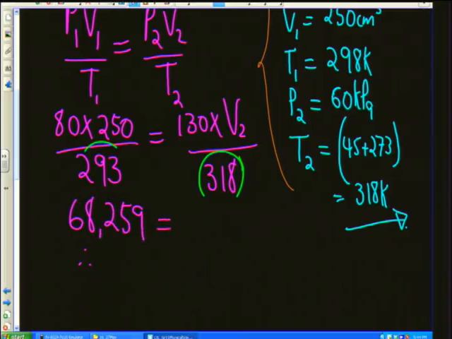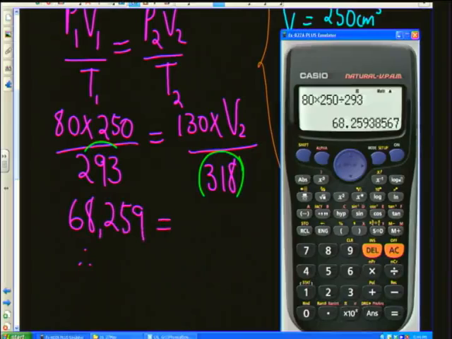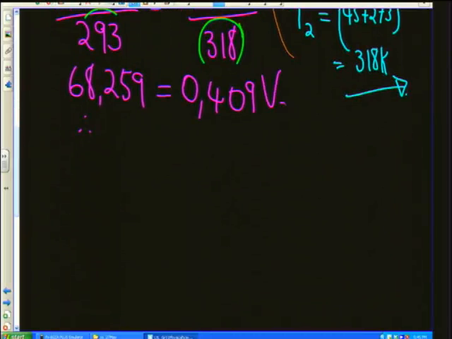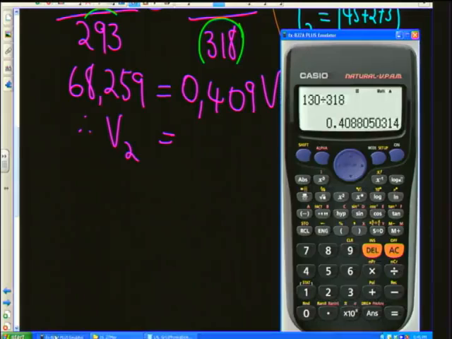68,259 equals, and if you go back to our calculator, we work out the fraction on this side: 130 divided by 318, and your answer is 0,409. And then you work this out. This is V2. Therefore, V2 would be equal to 68,259 divided by